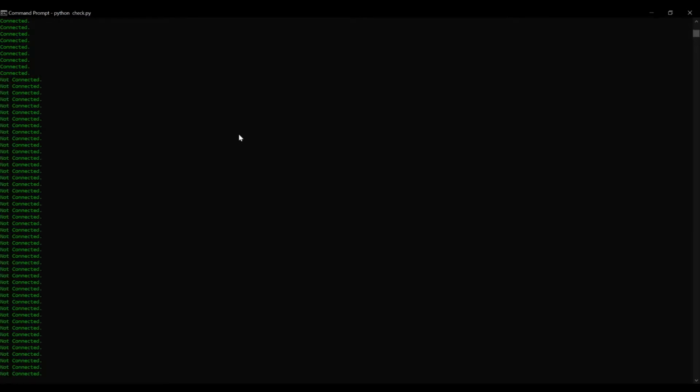All right, it's going to wait for 5 seconds, and as you can see, I've just disconnected my Ethernet cable, and it's getting an error from Google, so it's not connected. At this point, it would probably start running the code that you put in there for not connected. But again, I didn't put any code, I just had this print statement. And yeah, that's about it. Just a simple network check in Python.